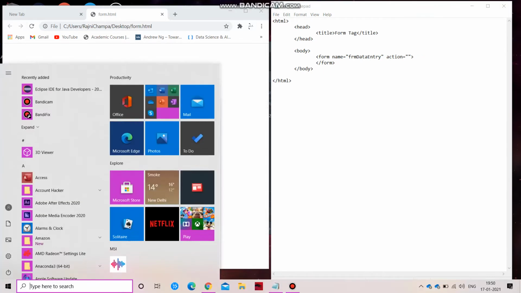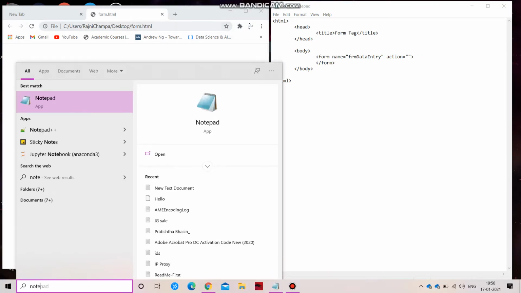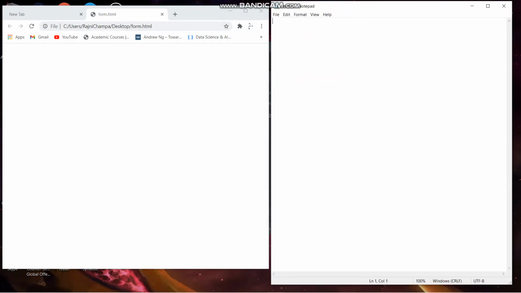Now here I am creating another html file with a similar html structure, with the html tag opening, then writing head in it, head closed, and inside the head I will give the title, then title closed.